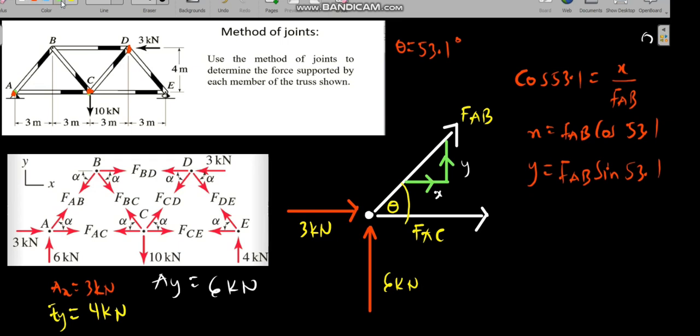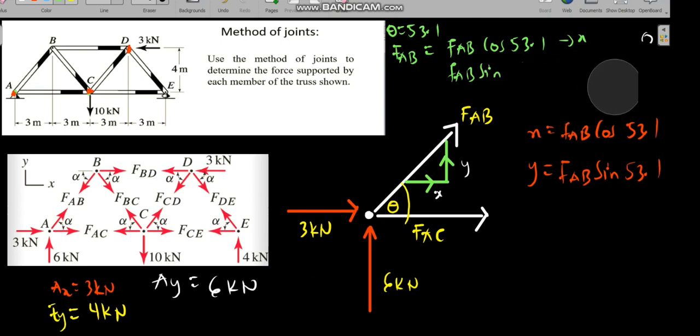So now that you know the x and then the y component, you can come back to this and write the equilibrium equations for this. Okay, so for me to get more space, let me come and write this here. So you got theta equal to 53.1. Okay, so for FAB, the x component is FAB cosine of 53.1, and then the y component we got FAB sine of